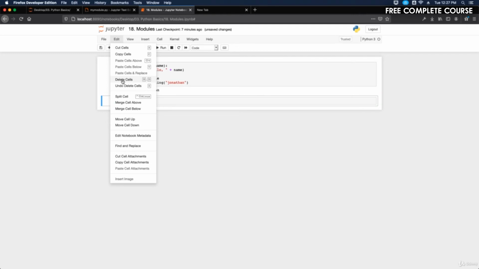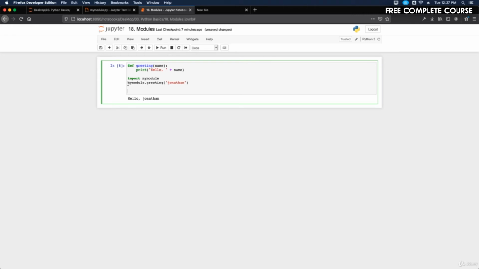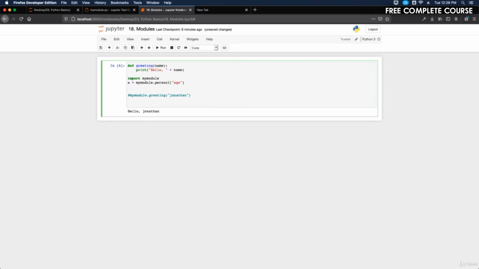I'm going to delete this cell. And then when I import my module, instead of doing my module greeting, we're going to comment this out. And I'll return a couple times. And then I'll do A equals my module dot person1. And then in brackets here, in quotes, age. And then we'll print A. Now, when I print that, what it should do is grab the